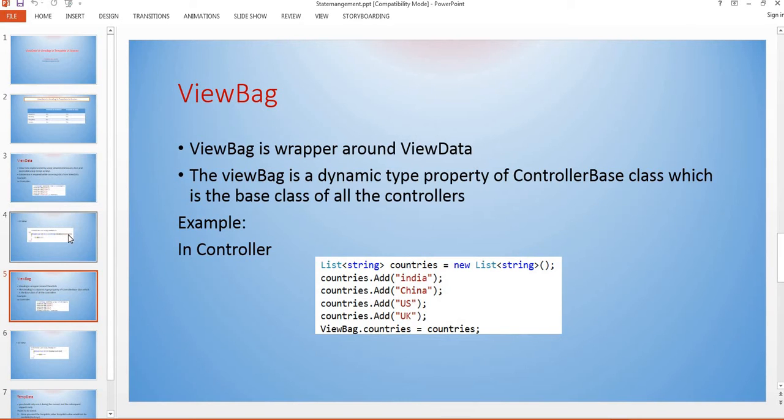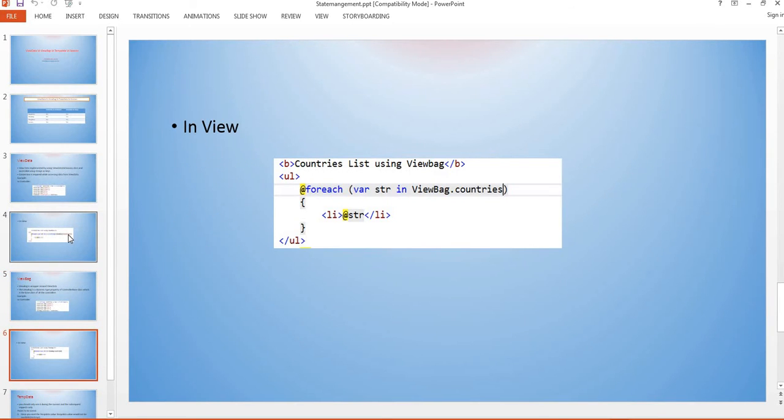So this is how you assign the ViewBag in the controller. That will be accessed in the view like this. Here we are using a foreach again, and we are looping through ViewBag.Countries. We are not converting it. There is a difference between ViewData and ViewBag while accessing.